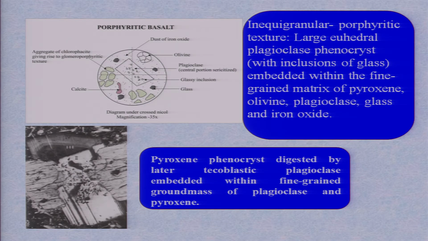Here in this section, the same mineral, the plagioclase in the form of phenocryst, pyroxene is also in the form of phenocryst, as well as these pyroxene and plagioclase, they are dispersed in the groundmass. So, there are two generations of minerals, one is larger size crystals of phenocryst, the other one is a smaller size of crystals which forms the groundmass or also called as microphenocryst.